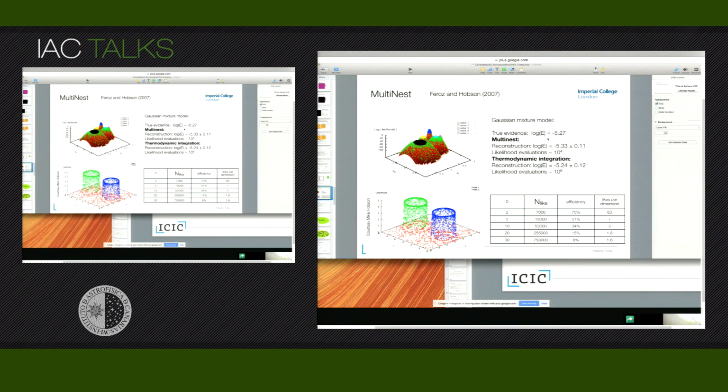You can also compute the evidence by thermodynamic integration, and the result here is a good approximation to truth within the error bar. It's a fairly large amount of likelihood evaluations, about 10 to the 6 for this example. MultiNest can achieve the same result, with the same accuracy, with 2 orders of magnitude fewer likelihood evaluations. So it's a much more efficient way of doing this integral,